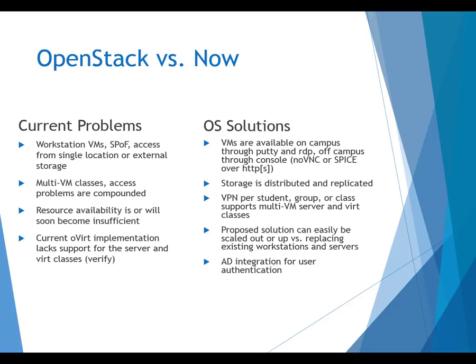The 2 major problems that I built the system for were data security and for access to the same VMs without having to use external storage for transport, so both in the classroom and outside of the classroom. This is kind of along the same lines, but classes with multiple VMs are more difficult to use on external storage. You need more resources to run them. Shortly, Exchange Server is going to be a minimum of 8 gigs of RAM now. The 2016 releases, pretty much all the Windows Server releases, are doubling their minimum RAM requirements. The VMware releases, ESXi, is doubling its minimum RAM requirements.